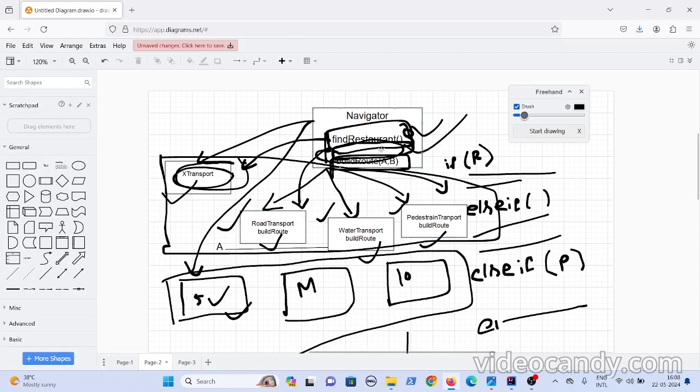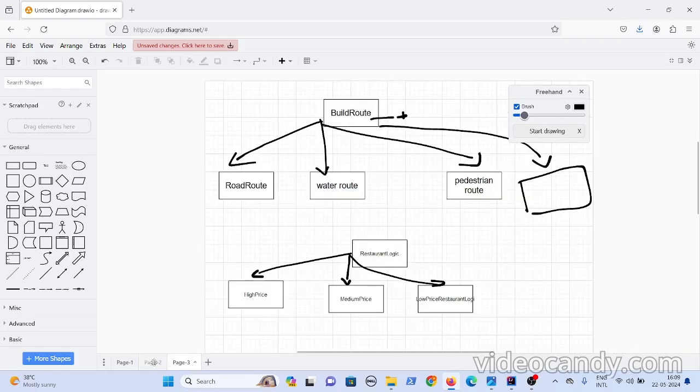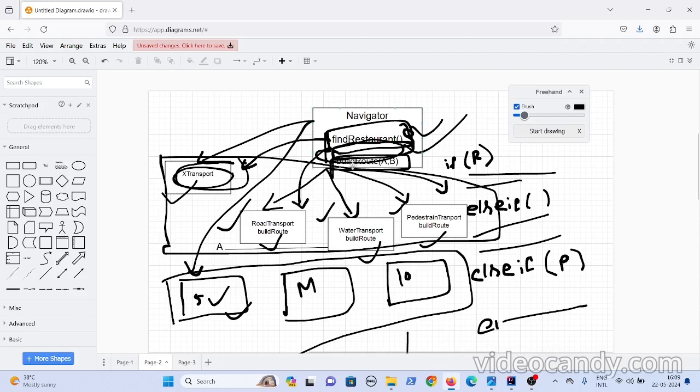So when you inherit everything from the navigator class, as soon as a new behavior is added, your existing behaviors and existing classes get affected, as well as the new classes, right? Instead of that, I have separated all these behaviors. Finding a route is a behavior, right?